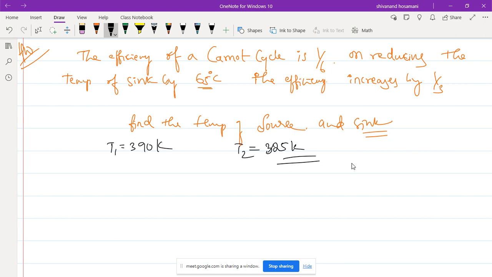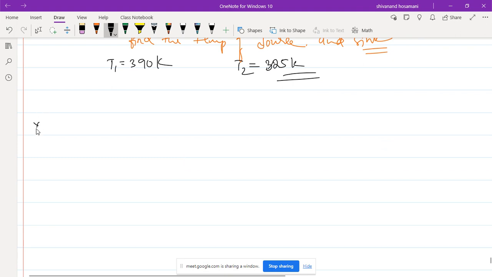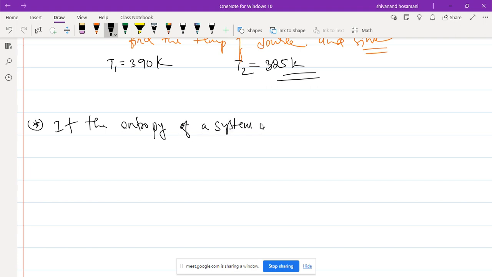Here is one problem: if the entropy of a system remains constant in a thermodynamic process, this process is defined as